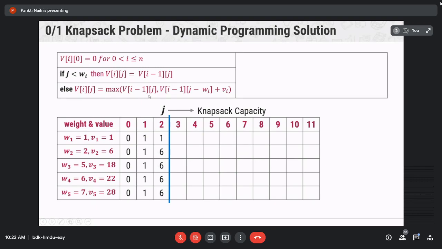You can understand this equation like this, or else you can remember it. So fill the table like this.